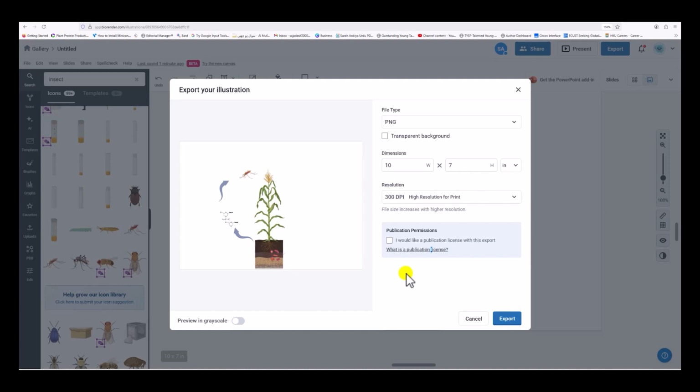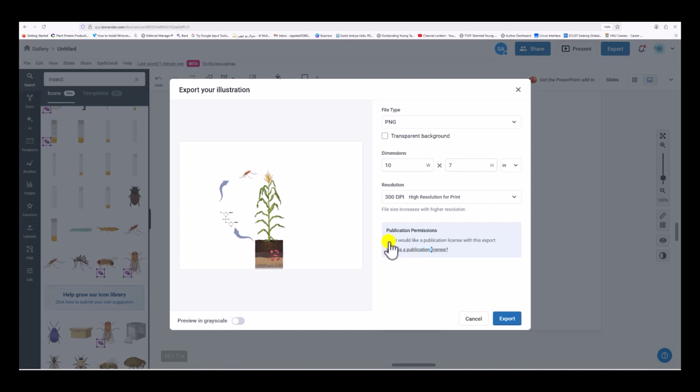For example, you cannot save a figure with high resolution, and maybe you will get some watermark on your figure. So this is one of the drawbacks in this BioRender. Otherwise, you can create stunning images in just a few minutes.